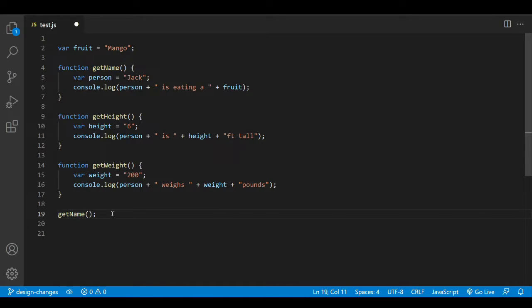Now just assume that we also have getHeight and getWeight function invocations right below getName. The browser has to keep track of these function execution contexts, right? So what it does is, it maintains a stack-like data structure called the call stack in the browser. Inside this stack, it will just push the execution context based on the order of their invocation.